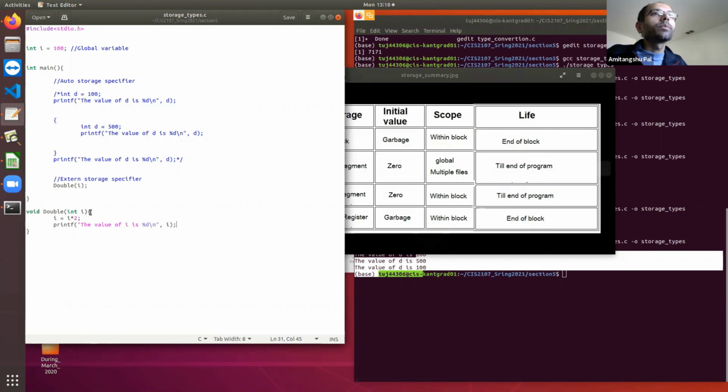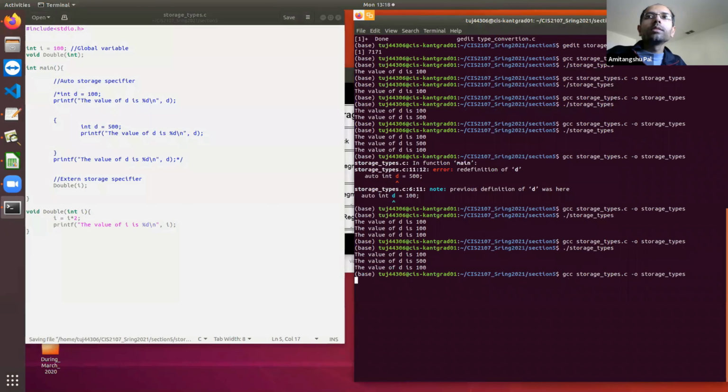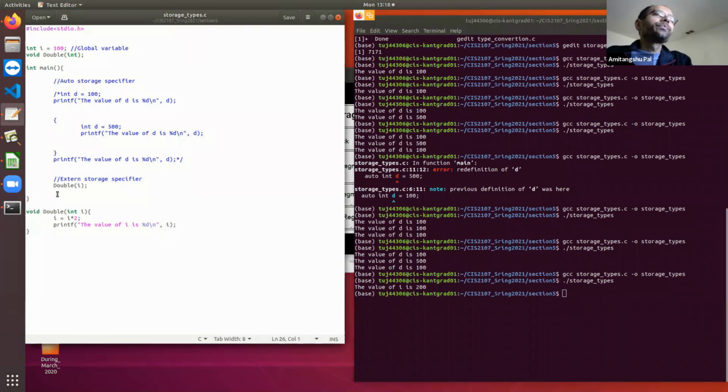Let's declare the function prototype. If I run this program, it gives me "the value of i is 200" because 100 is doubled. So everything is fine.